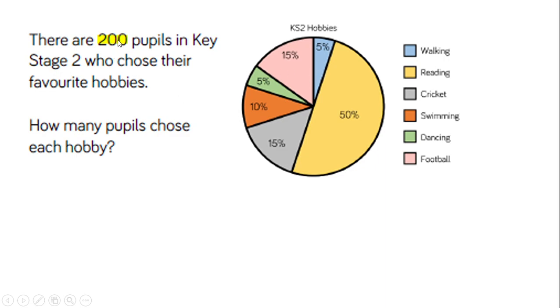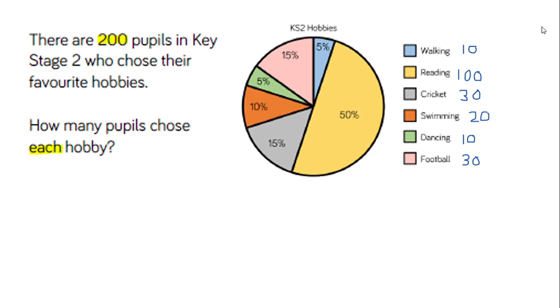What's quite easy about this actually is that 200 is completely double 100%. So you could actually just double all of the percentages to find out what they are, because it would be double 100. Or alternatively, you could work it out a different way. So you could say, for example, that walking is 5%. So 5% of 200 is 10. Reading is going to be 100. Cricket was 15%. So you know what 10% is. You know what 5% is. You can work it out. Okay, and there are all the corresponding